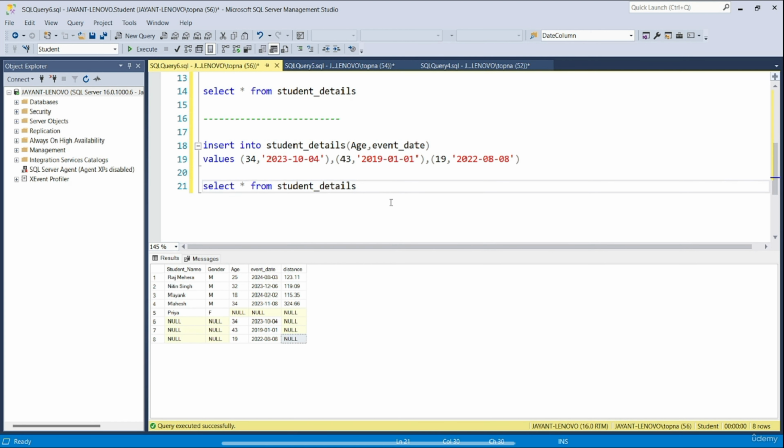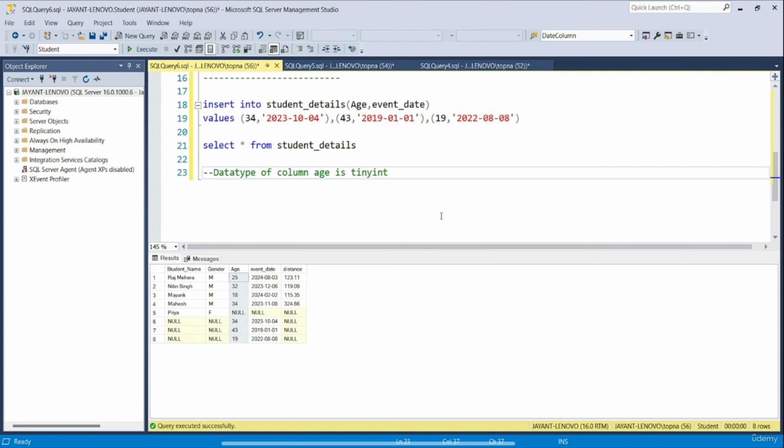So that was one of the things we had to discuss in this session. Now, let's talk about the age column. When we created this table, this column was given the data type tiny int. So I'm writing it here: data type of column age is tiny int. Let's say you do not know the data type of a column and you want to find out. You can check it by using a simple select statement, that is select star from information underscore schema dot columns,